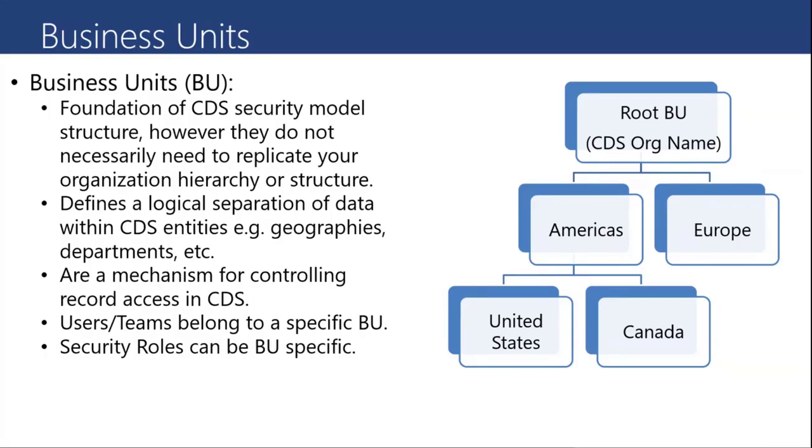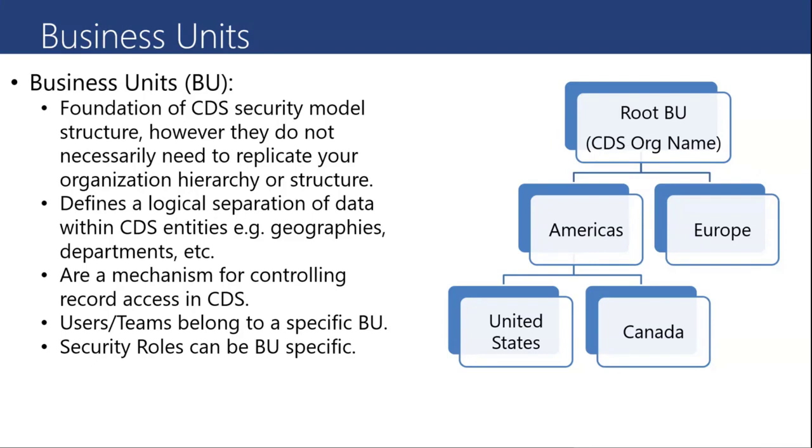For example, every CDS organization will always have a root business unit. But after that, if you want to have an entity like compliance and you want to segment the data, so that only Americas people in Americas BUs, like the leadership team, should have access to the countries within Americas, and Europe should have access to the European data, then you would structure it that way. If you want to do it based on departments, you could do it based on departments. So it just depends on how your requirements are around data